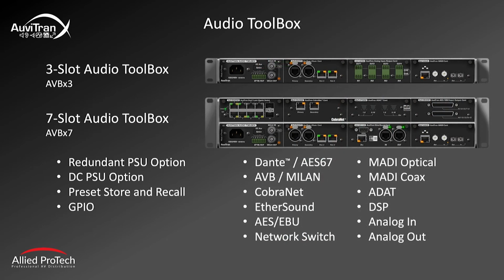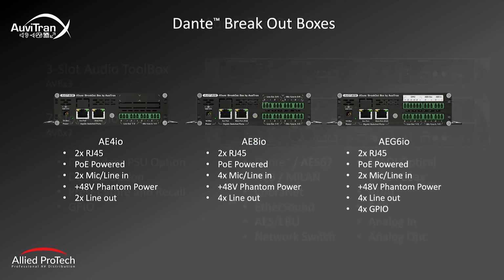I'm now very briefly going to show you the breakout boxes, which, as you can see, are pretty self-explanatory. All of our Dante breakout boxes have dual redundant Dante primary and secondary connections. They can all be powered over PoE, or you can apply an external DC power supply. Again, all of these benefit from our high quality A to D converters and electronics, extremely low noise floors, and very high dynamic range. On the left, you can see our AE4 I/O, which has 2 mic line inputs and